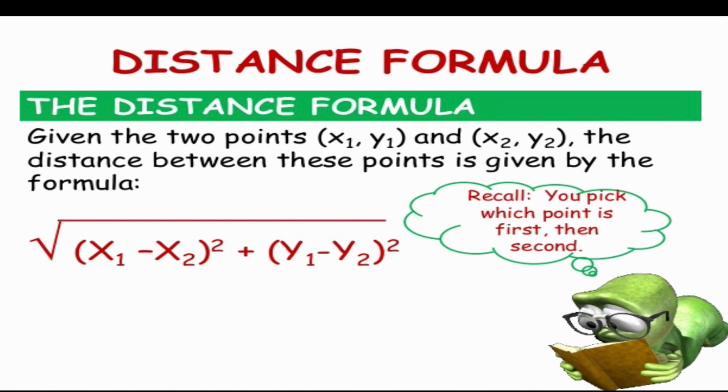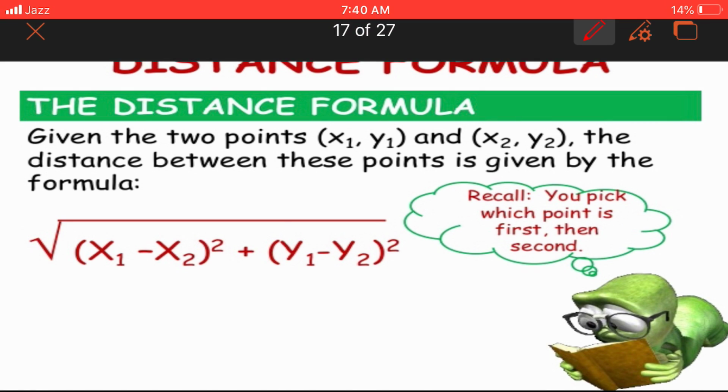Now come to the next topic, that is the distance formula. Students, basically the distance formula is used to calculate the distance between two given points. If the points are (x1, y1), these are your points in general form, and the second point is (x2, y2). For the coordinate of the first point we use subscript 1, and for the next point we use subscript 2. So the coordinate of the first point will be known as (x1, y1), and the coordinate of the second point will be known as (x2, y2).